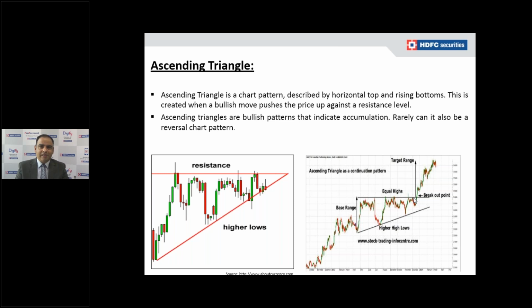If the upside breakout occurs after a valid ascending triangle, the target is the whole distance between the lower end of the range and the upper end of the range. For example, take 100 as the upper end of the range. It is continuously taking resistance at 100, and initially the lower end is around 80. So on the upside breakout of 100, the total price potential, the target level of this pattern, is 100 minus 80, which means 20 points. You add those 20 points to the 100, and it becomes 120. Let's assume this is the upside breakout of 100. Eventually the price will test the 120 level, which is the target.